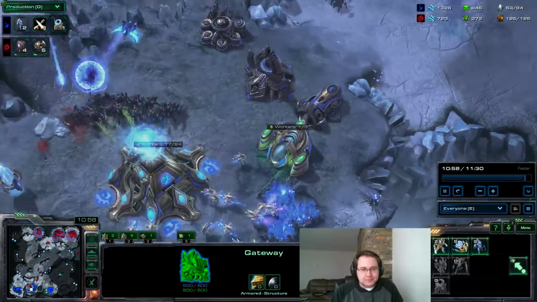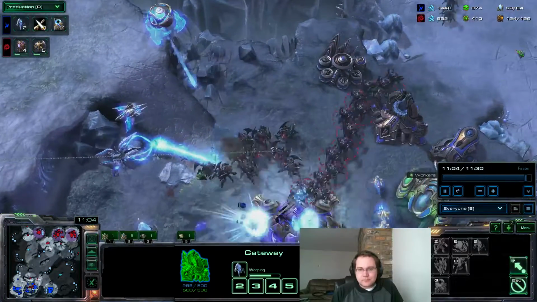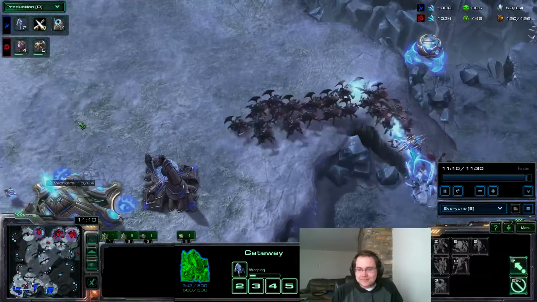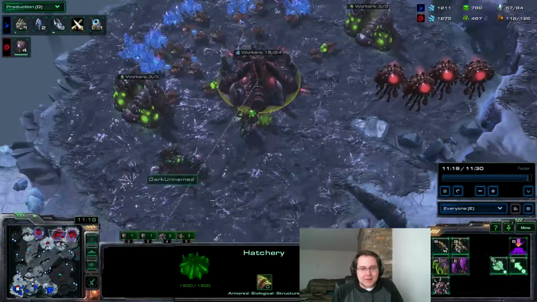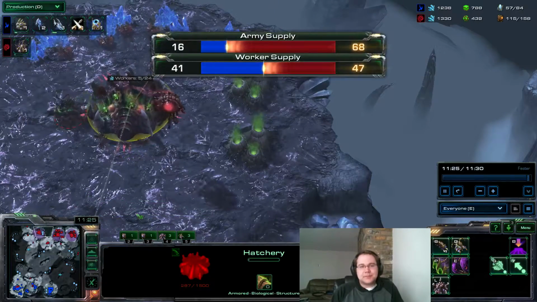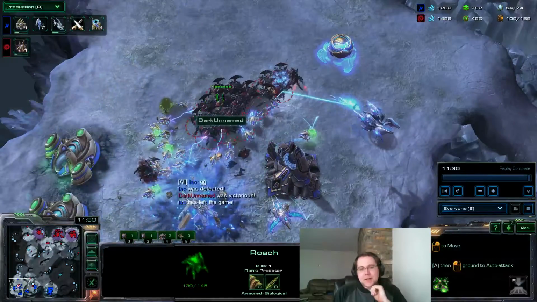Yep. Power gateways for Exarchus. Do you have a transition behind this? Well, he should know I'm dead already, but... yeah. So since he had to respond to build units,